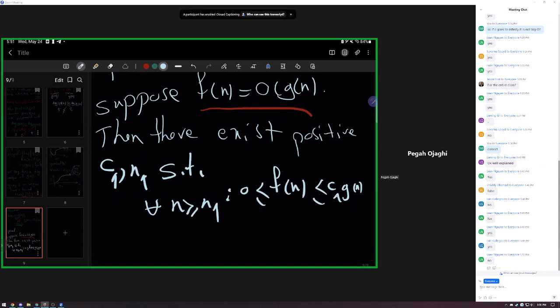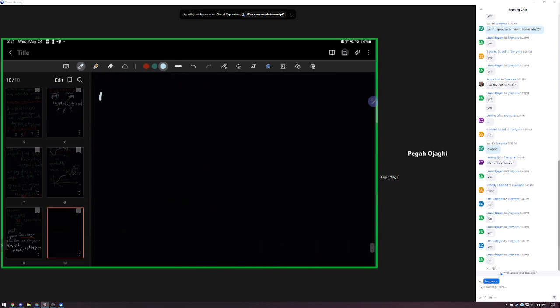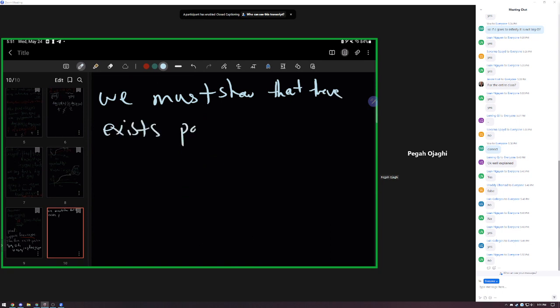If I want to show the big O notation, and I want to show that g of n is big omega of f of n, how do I show this? If I want to show big omega, we must show that there exist positive C2 and N2 such that